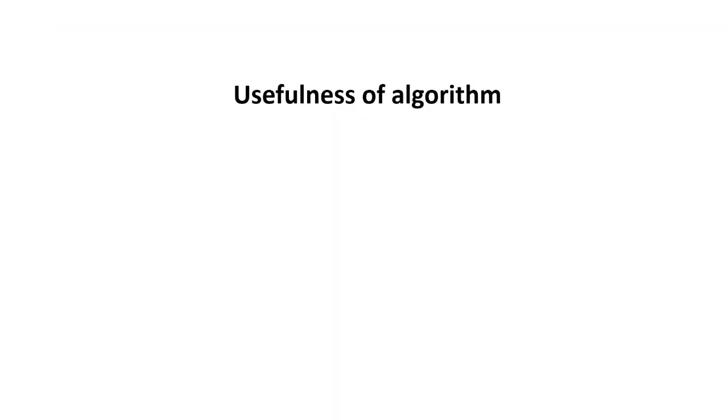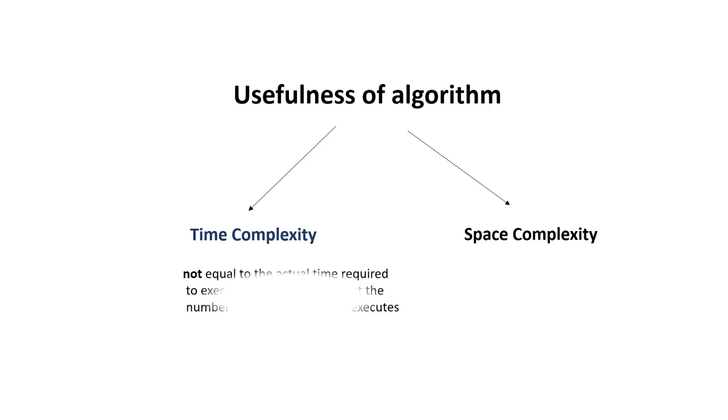Here we are going to talk about time complexity. We should know how to define an algorithm, and we have to see the usefulness of it. It is defined by two parameters. The first one is time complexity and the second one is space complexity. Time complexity of an algorithm